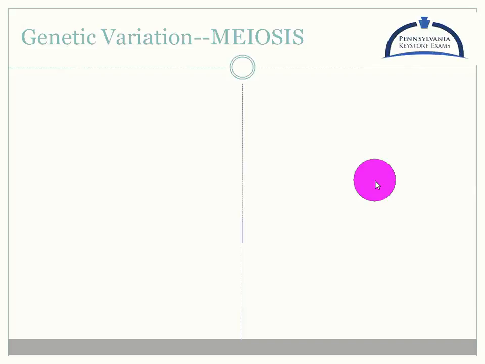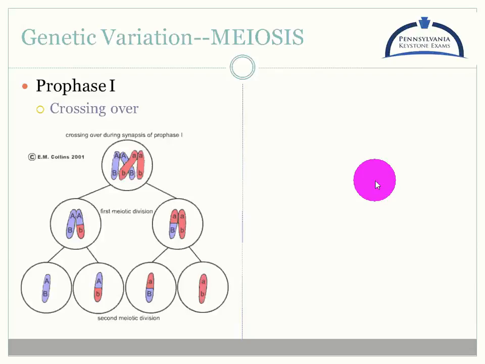So the McGraw-Hill one just reiterated this, but there are sources of genetic variation in the result of meiosis. You don't look just like your brothers or your sisters, and you don't look just like your parents. There are 2 main things that happen in meiosis that illustrate this. One that was mentioned is prophase I. There's this idea of crossing over.